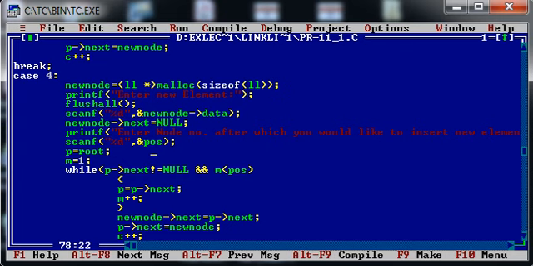Now once again I have to traverse here. In this case, it is quite obvious that we cannot insert a node in the beginning of the linked list. Whatever node we are going to insert will obviously be after the first node. So the value of position should not be 0 here. Rather, it can be greater than or equal to 1.